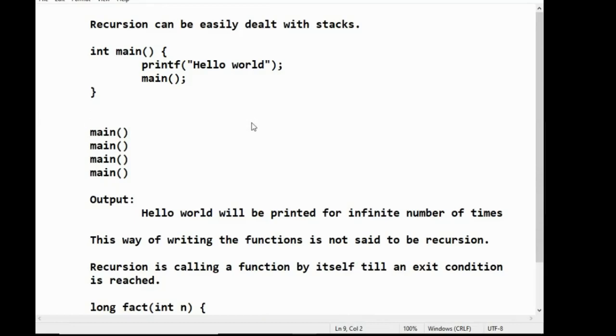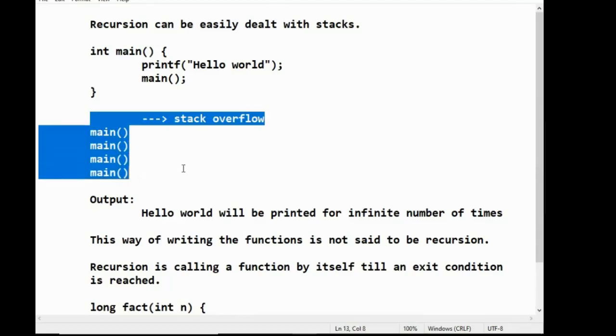Because of the lack of an exit condition, the program keeps on loading the main method in the stack. Thereby it leads to a problem called stack overflow. The stack will be overflowed and the memory will be filled with these recursions only, so the system will sometimes get stuck.